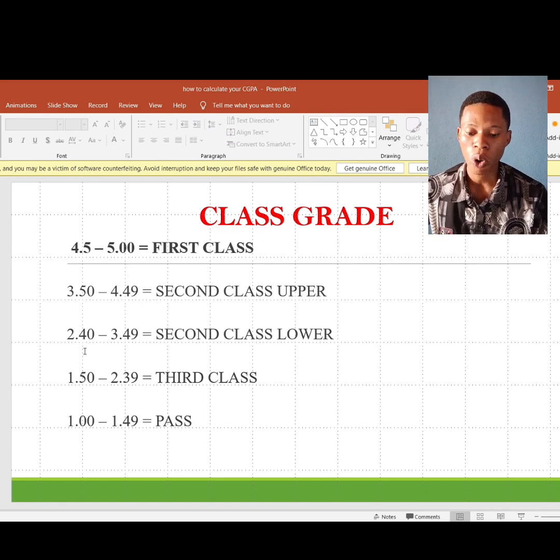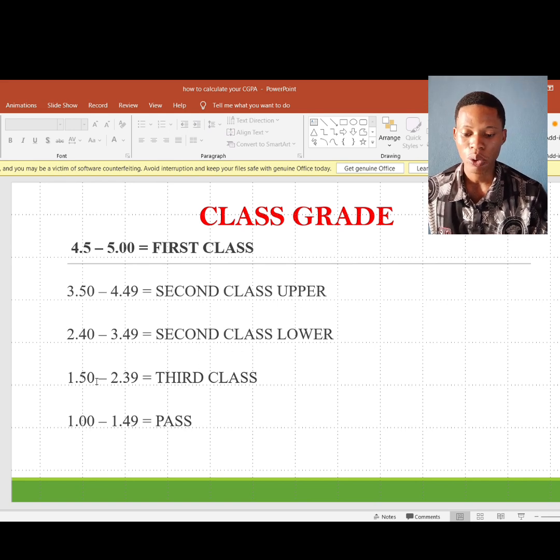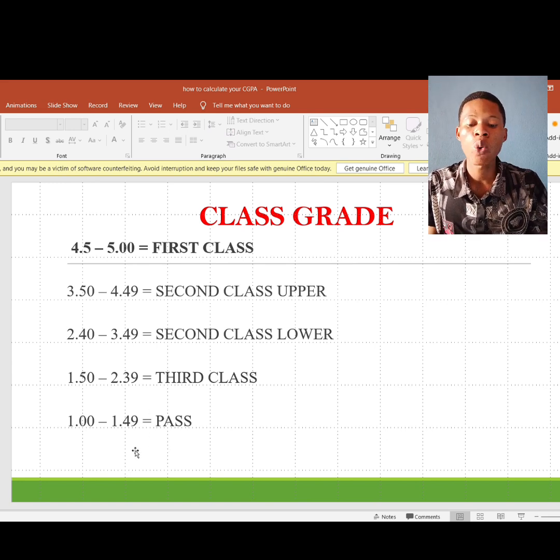Then 2.4 to 3.49, that is second class lower. Second class upper, you call it 2.1. Second class lower, you call it 2.2. Then if you're on 1.5 to 2.39, that is third class. Now if you're on 1 to 1.49, that is pass. That is pass. If you fall below 1,